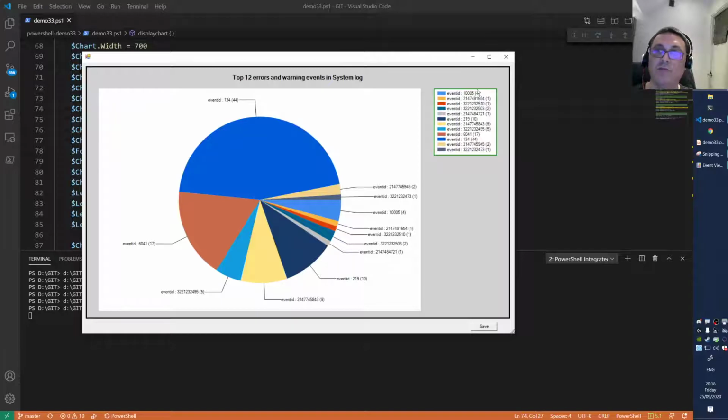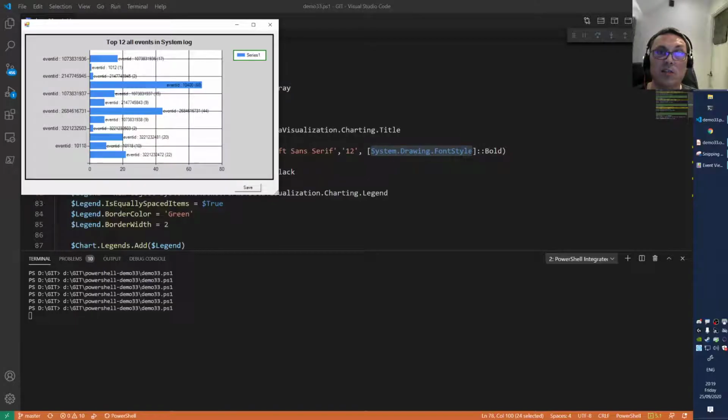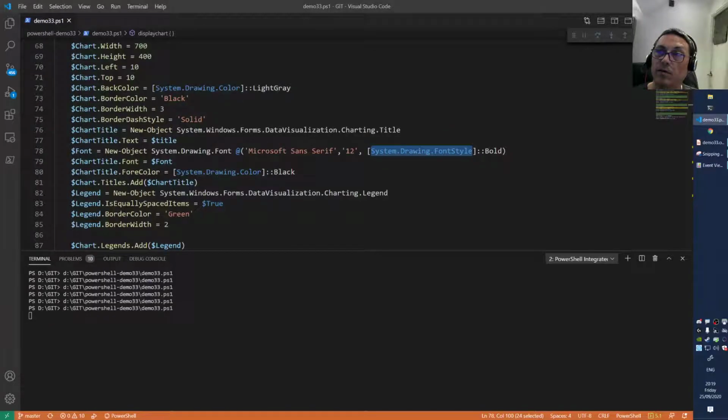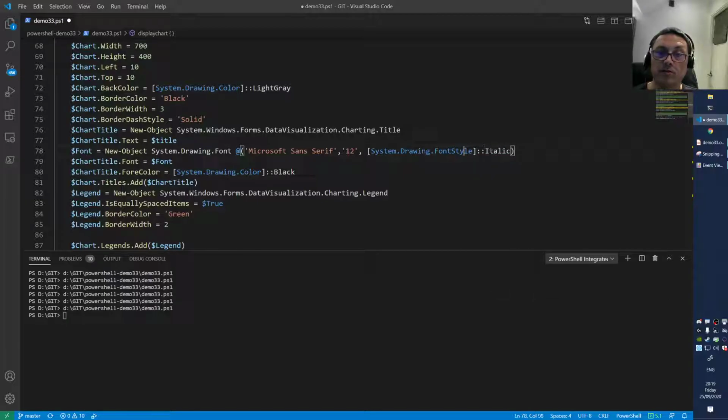So let's see if we can change more, because you can imagine the power behind this, right? You can play with the colors yourself, of course. Let's do something with the fonts. So you have here the System.Drawing.Font size, exactly the same, right? I forget that all the time, so I close that one. And for instance, if you remove this and you do control space again, you see italic, regular, strikeout, underline. So those are the types of font styles you can choose. So for instance, we make it this time italic, and we make it the font size of 10, right? And now we run the script again.